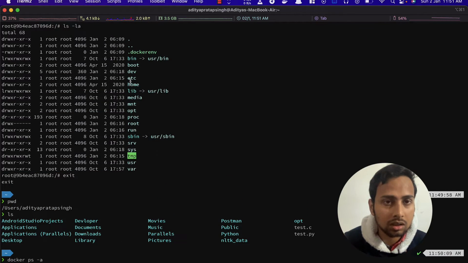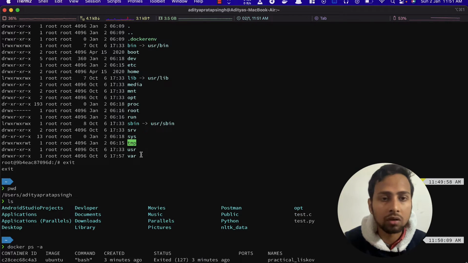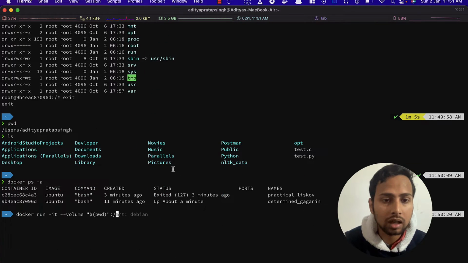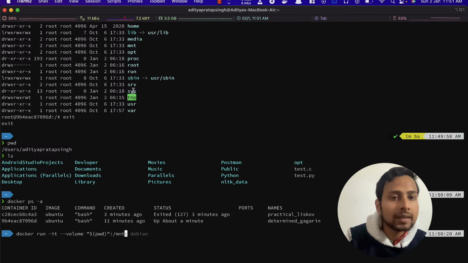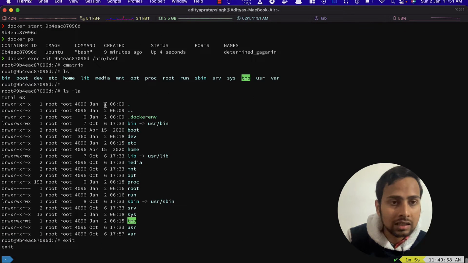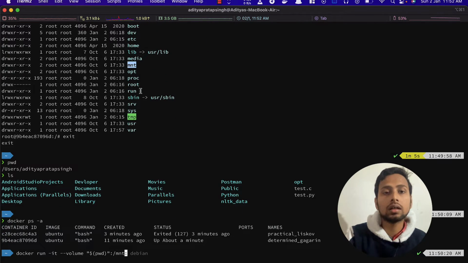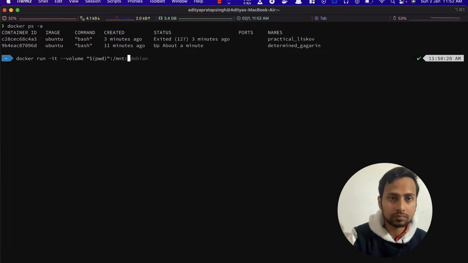So here you see there are dev, boot, etc, home, and things like that. So we need to connect it to some folder. I cannot write something like mnt, because this mnt directory does not exist in our Ubuntu machine. Either we can connect it to dev, we can connect it to etc or anything like that. But okay, it has mnt. If it didn't contain an mnt folder, doing this would not result in anything, but it does.